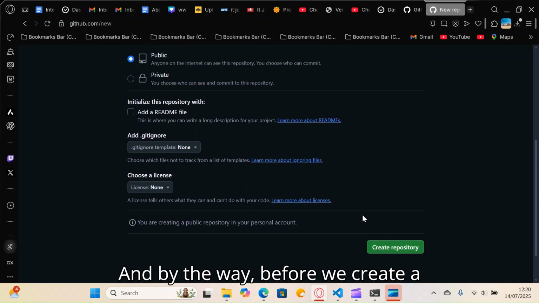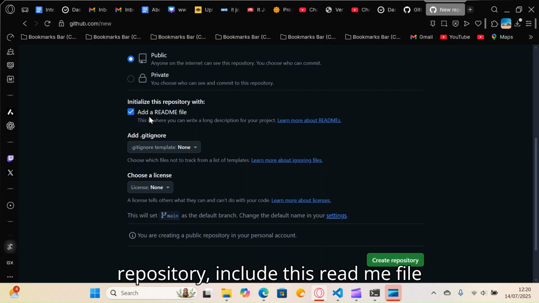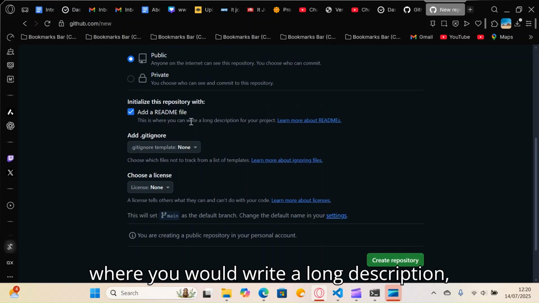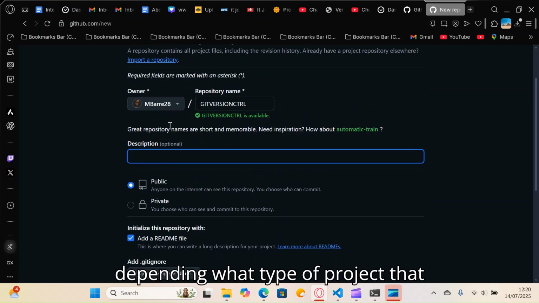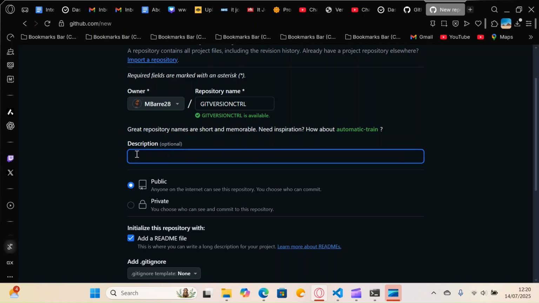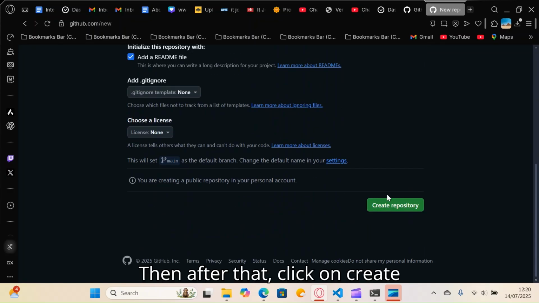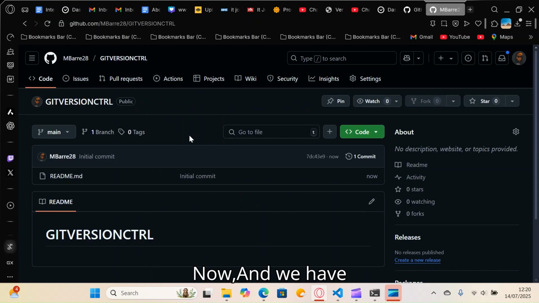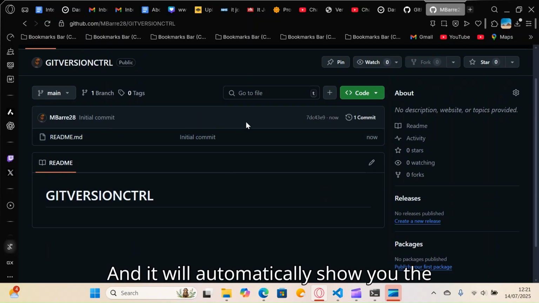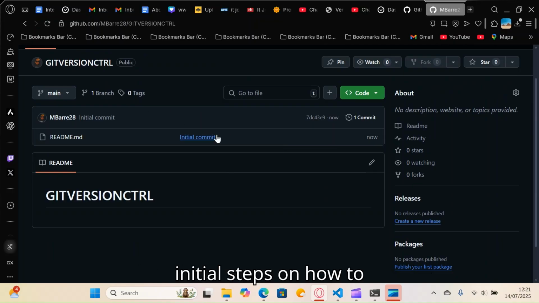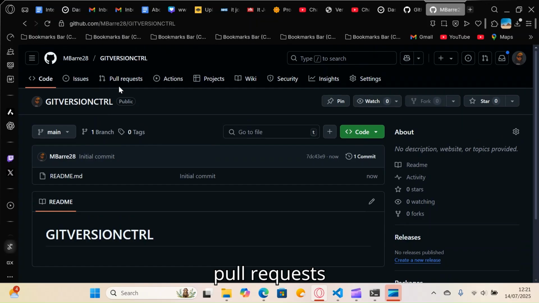And by the way, before we create the repository, include this README file where you would write a long description, depending on the type of project that you're aiming to write for. Then after that, click on create repository. Now, we have just created a repository, and it will automatically show you the initial steps on how to pull requests